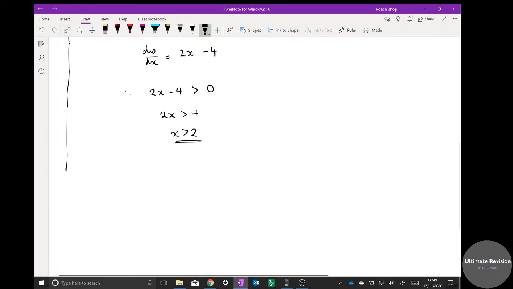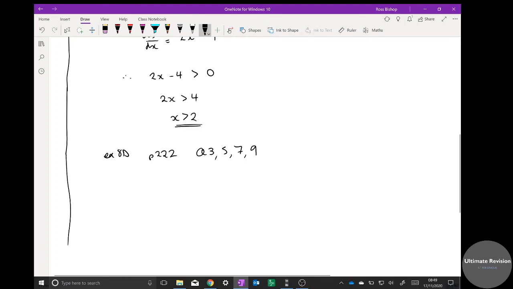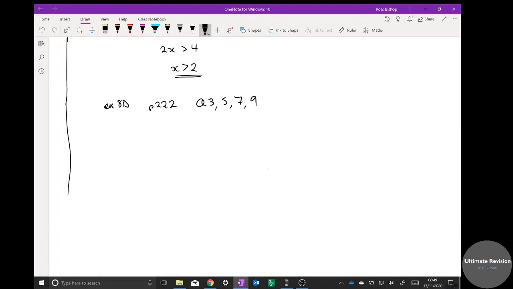Right, straight in with some practice for you. Exercise 8D, which is on page 222. I just want you to do questions 3, 5, 7, and 9. Okay, 3, 5, 7, and 9. Off you go. Right, do pause the video while you're doing that, but once you have finished, you can then